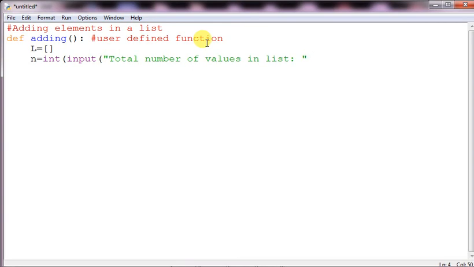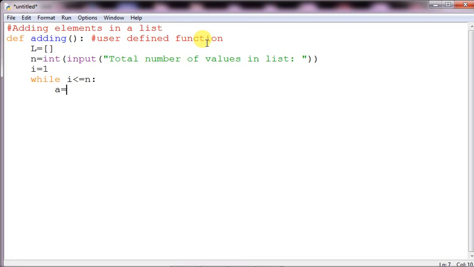So I'm giving a colon, fine. And then closing it also. Clear? So how many values you want in the list, and then you have to do this inside. So I equals to how much? 1, I am taking, this is the value. So while I is less than or equal to n, as long as the value of I is less than or equal to n, keep on entering the value.